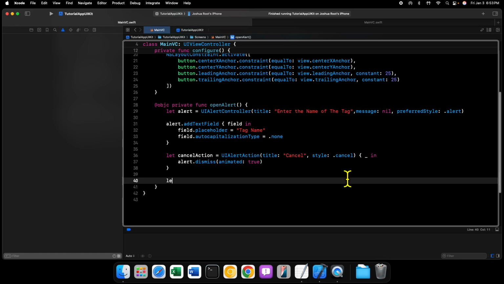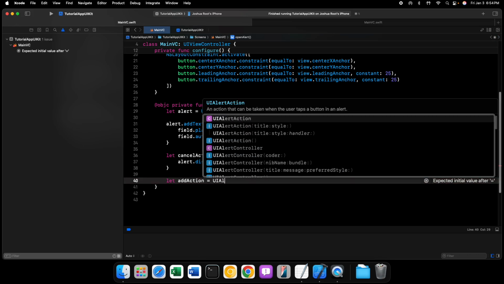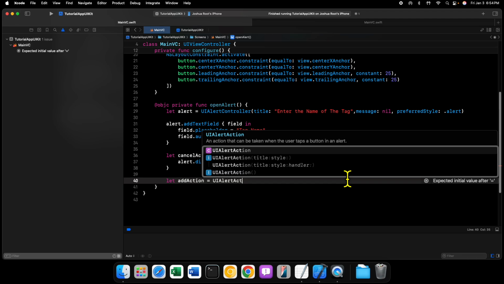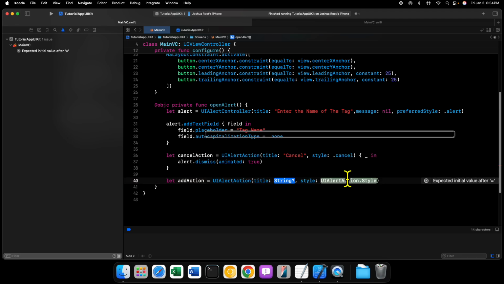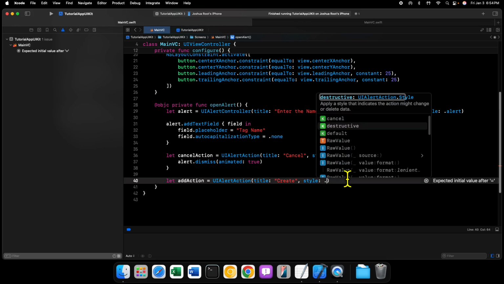Next, we will say let add action equals a UI alert action. We'll have a title of create, a style of default,